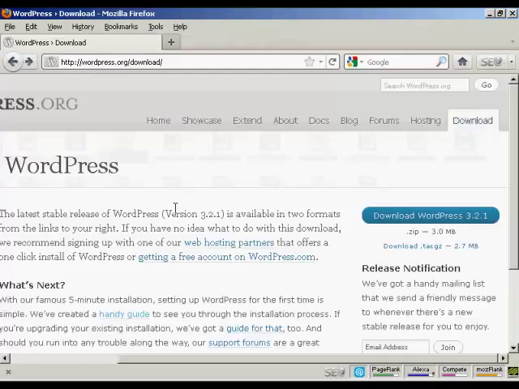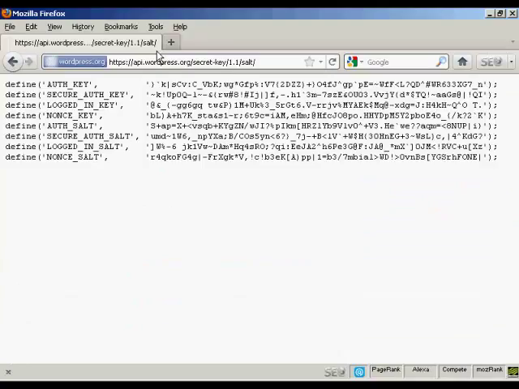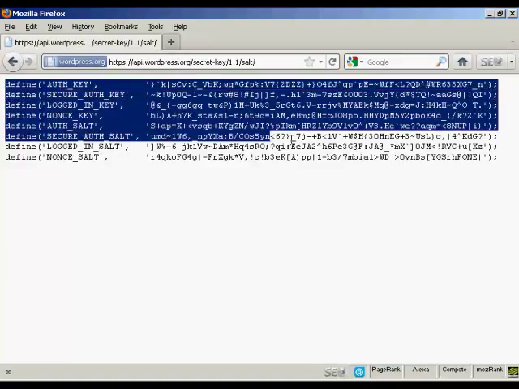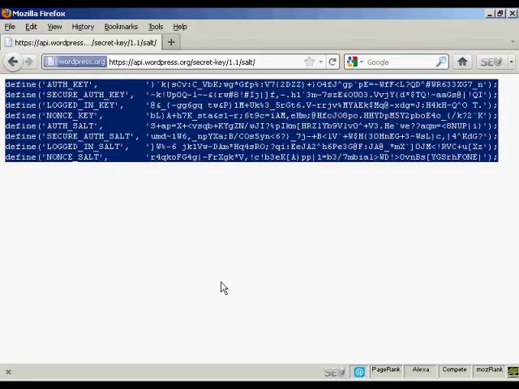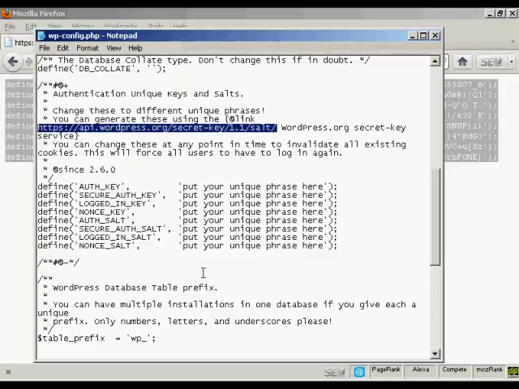Firefox, and then I can simply paste this in to the address bar. And there we go, it's generated all this information for me. So I just highlight that and copy it, and then I can come back here and just simply paste this in as a block